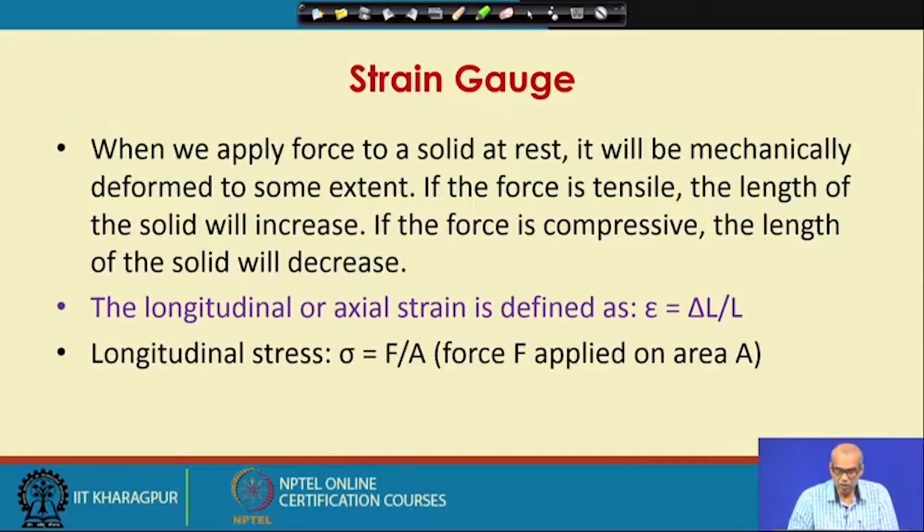The longitudinal or axial strain is defined as change in length delta L divided by original length, and the longitudinal strain or the axial strain we commonly represent by epsilon, which is delta L divided by L,